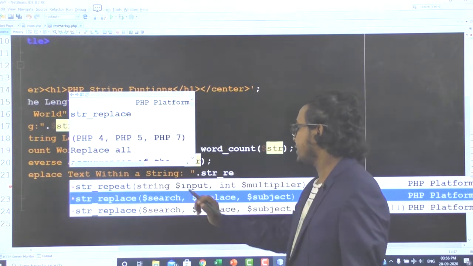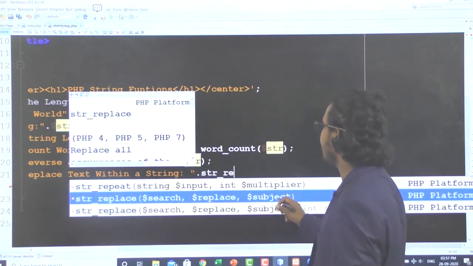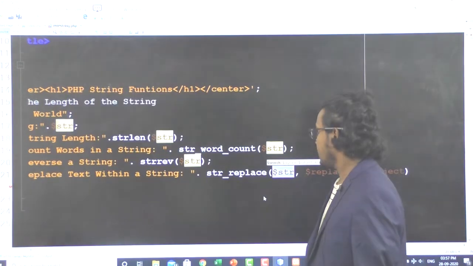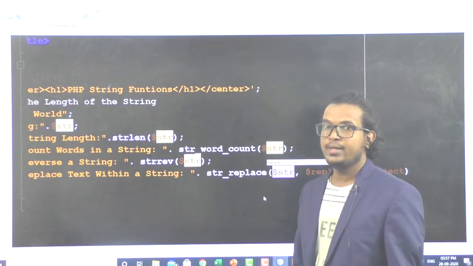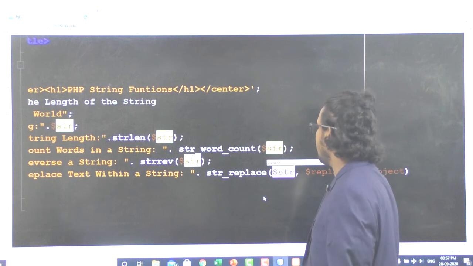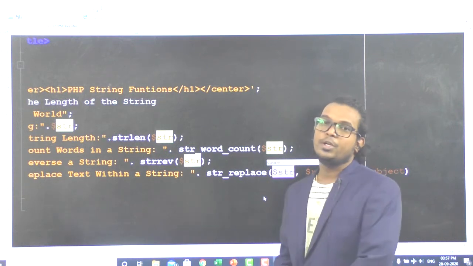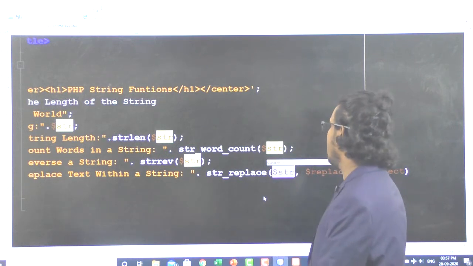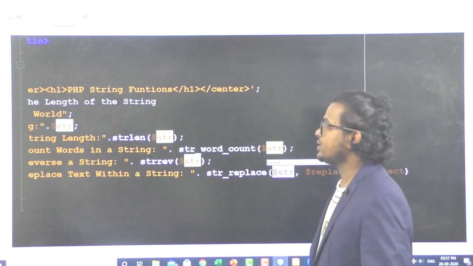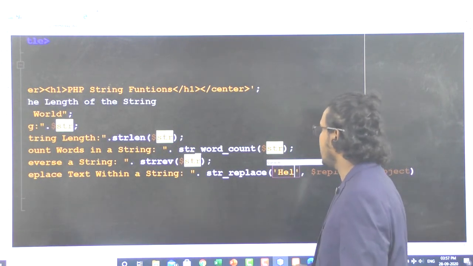See here, search keyword, replacement keyword and your string you have to pass. First one is a search keyword, next one is a replacement keyword, and third one is your entire string. What is my search keyword? My search keyword is hello.